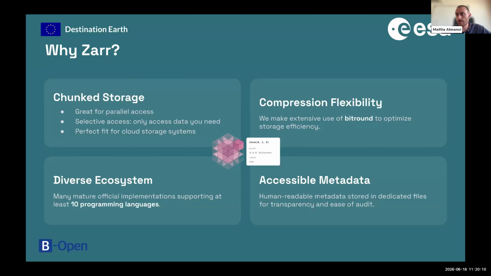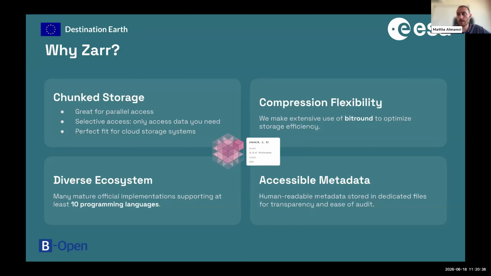There are other important features for Zarr. For example, it has a big compression flexibility. For example, we decided to explore bit round compression, which allows us to reduce a lot the size of the data that we are storing while keeping the data scientifically sound. It has a very diverse ecosystem. At the moment, there are at least 10 official implementations of Zarr in many different languages.